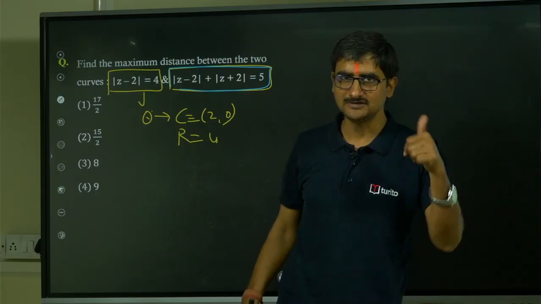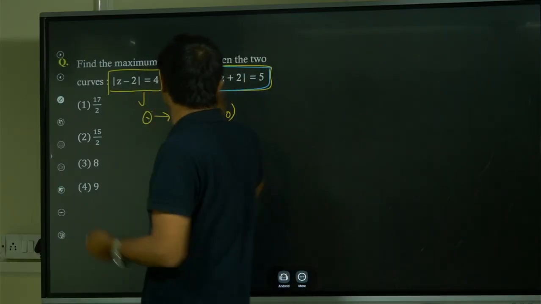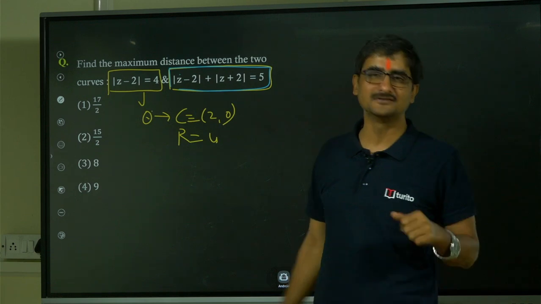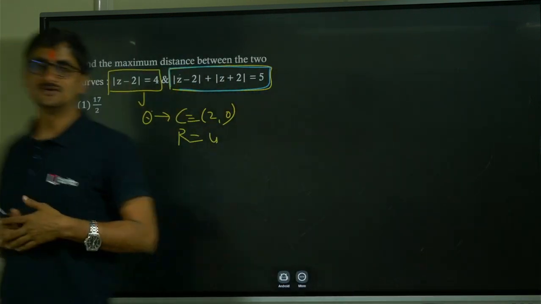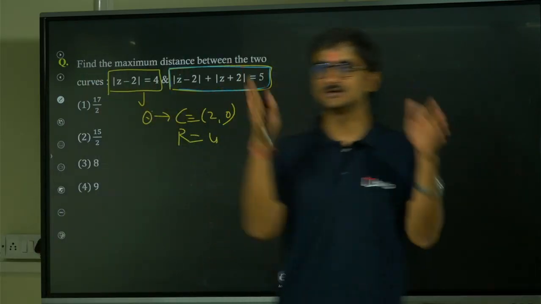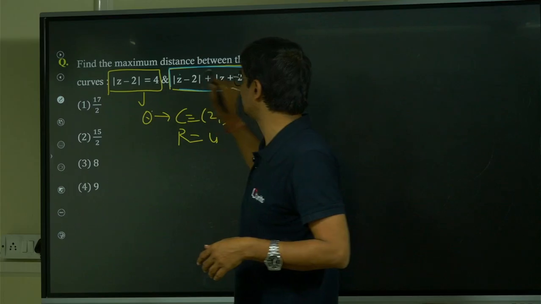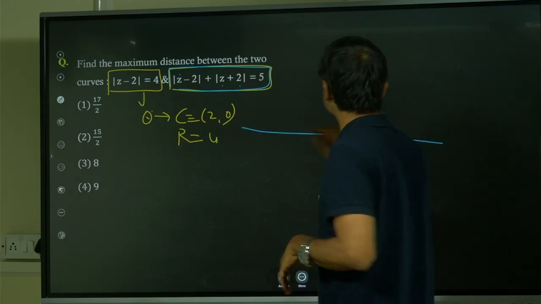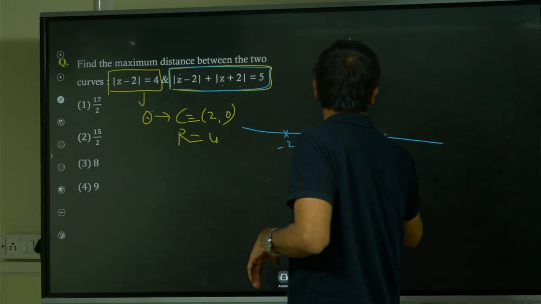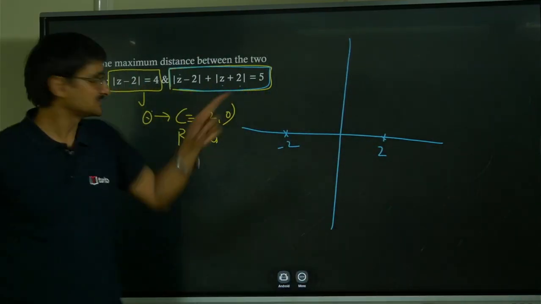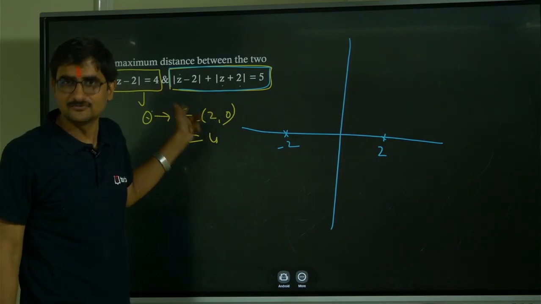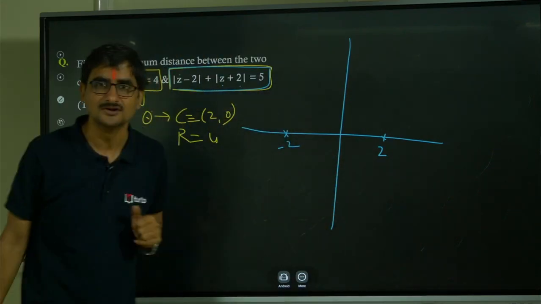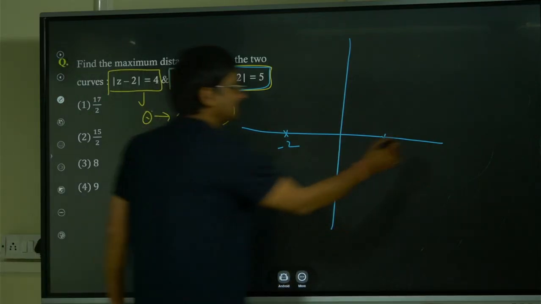Doesn't it go with the definition that locus of a variable point, which happens to be z here, such that the sum of its distance from two fixed points. Now mod of z minus z1 always gives us the distance between z and z1. So modulus stands for distance. So this is the distance of z from 2, distance of z from minus 2. So 2 and minus 2 are two fixed points. So the sum of the distances of z from two fixed points is a constant, which is 5, which is more than the distance between those two fixed points, which happens to be 4. In that case it gives us an ellipse, okay, for which